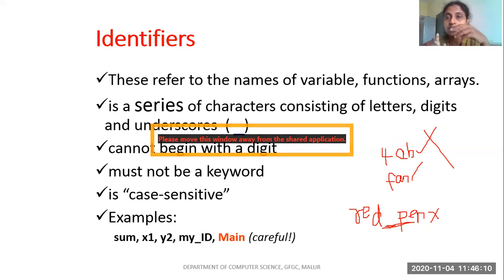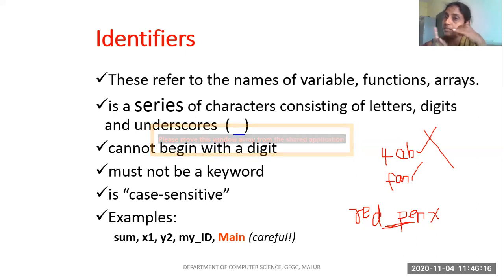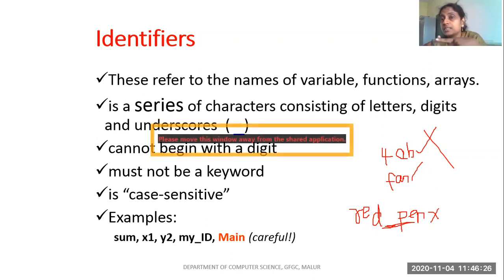To give an identifier, we have certain rules. We can have characters. We should always start with a character. Numbers are allowed, but not in the first position. No special symbols except underscore, and we cannot use a keyword as an identifier. It is also case sensitive. Case sensitive means if I give lowercase, it is lowercase. If I give uppercase, it is uppercase.